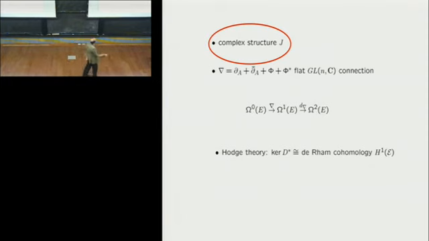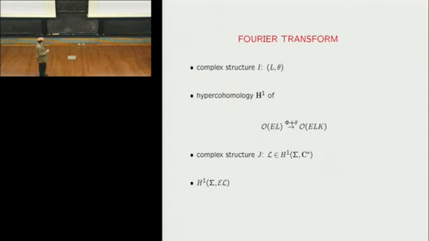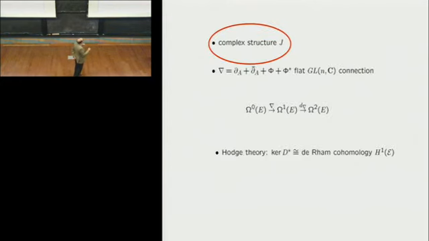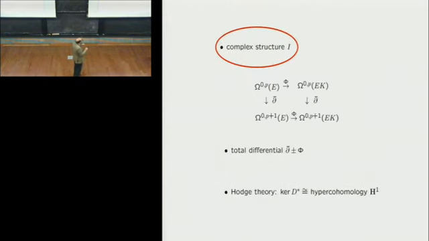So these are two very different interpretations of the kernel of D star, and in fact, if you put it all in the right context, it's equivalent to describing this as a hyperholomorphic bundle. So how does that affect the Fourier transform? Actually, I haven't said that yet. All I've done is describe for a fixed Higgs bundle what this